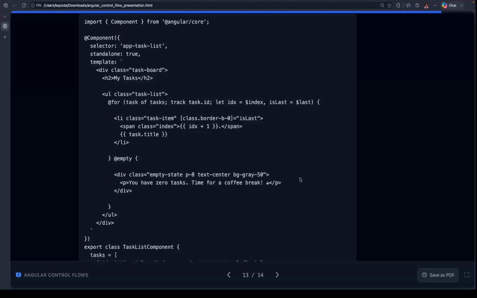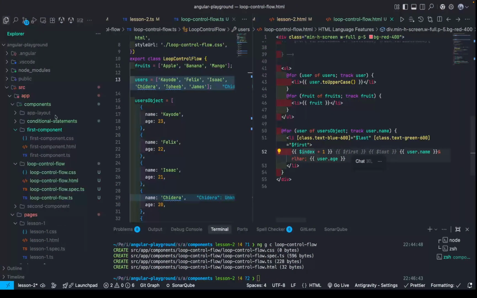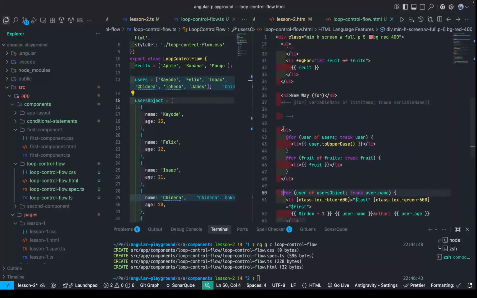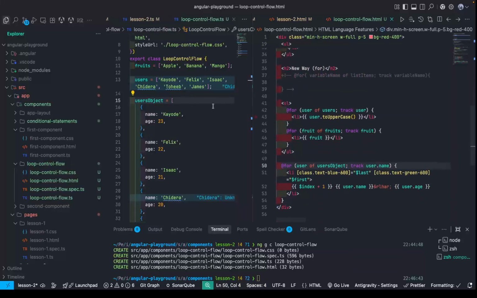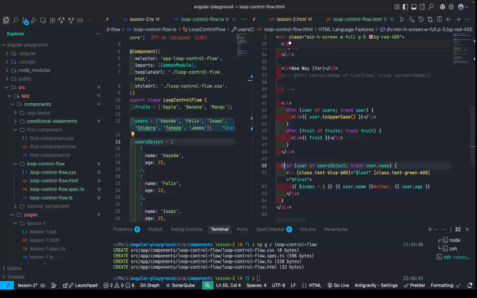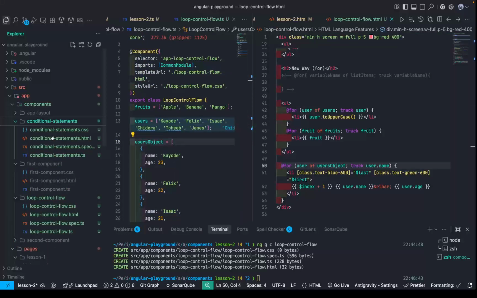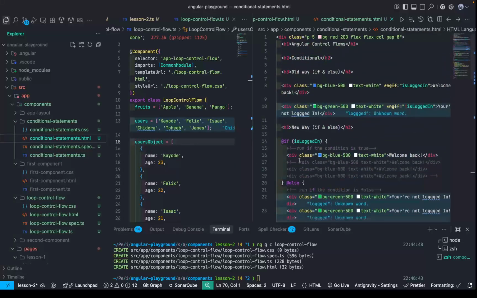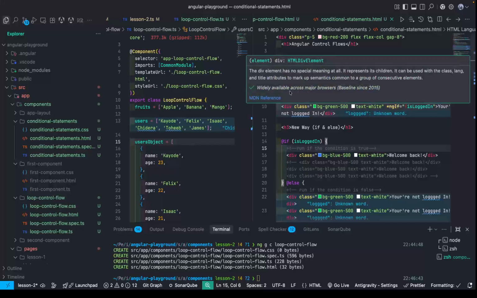And that's what you're always going to be using later on to loop through the list of items you have and display them on the screen if it is multiple items. So if it is multiple items and you need to do the same thing again and again, or generate the same element for each one of them, or generate the same component for each one of them, you are going to be using the for loop, the new way or the old way, there like that. Or if it's just normal items that you are working with and you want to conditionally render it on the screen, you are going to be using the conditional statement the new way or the old way